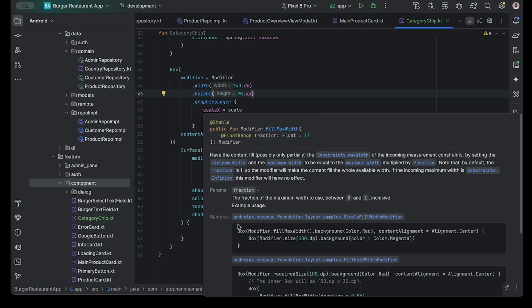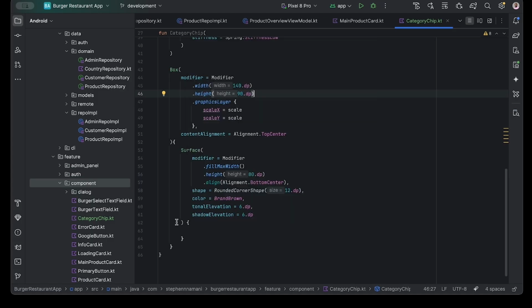So now that we set our shadow elevation, let's add on click. So on click, we set our press to true so that we'll get that animation effect. Our press is equal to true. Then we call our actual on click like this. So now in that